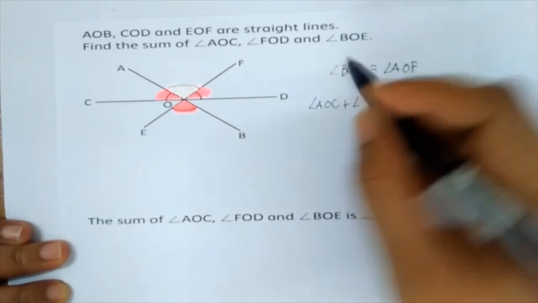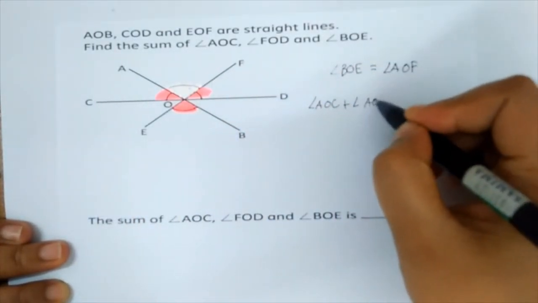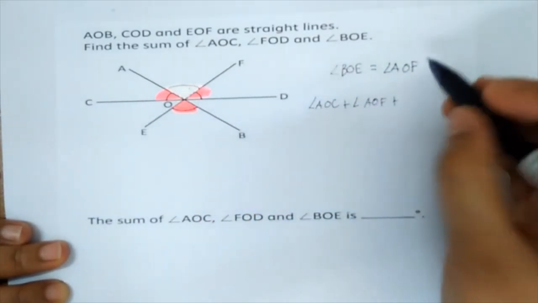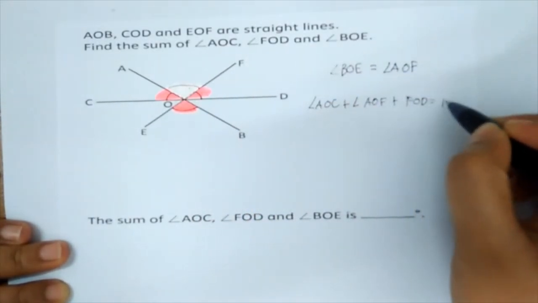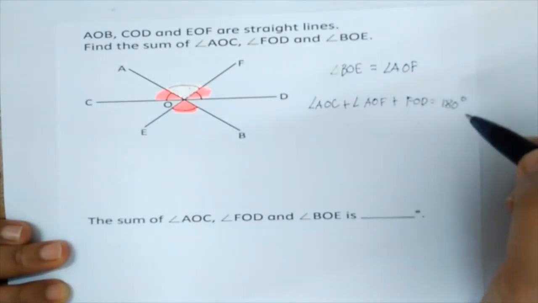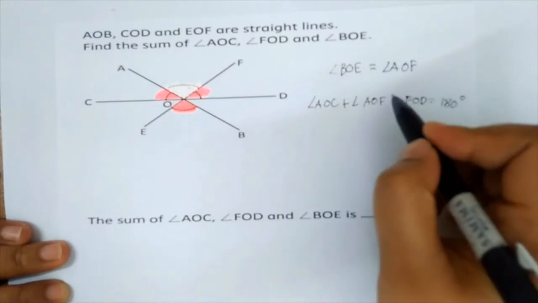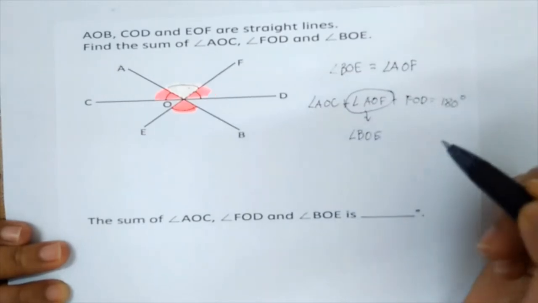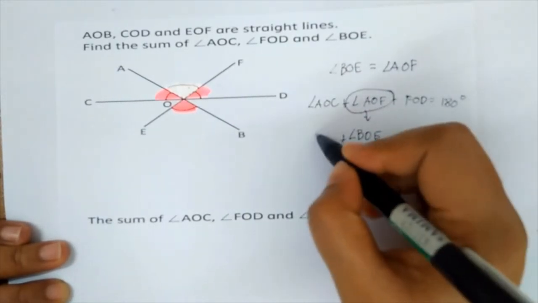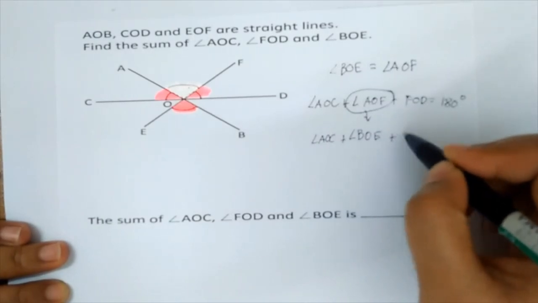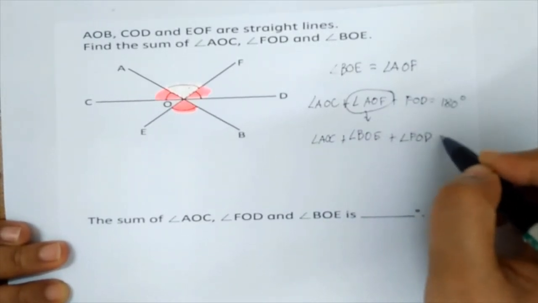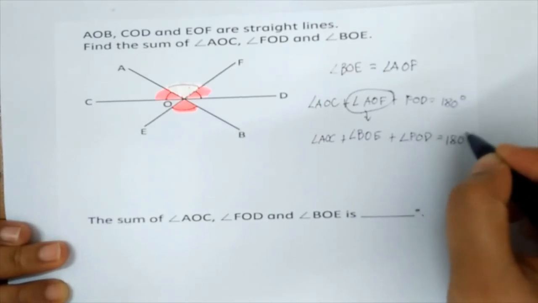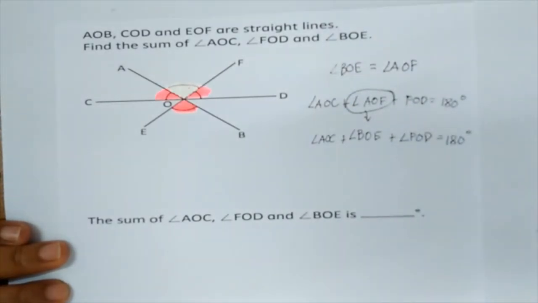So angle AOC plus angle AOF plus FOD is equal to 180 degrees. And angle AOF, this angle, we can write it down also as angle BOE because they are vertically opposite angles. Just copy the other angles. So therefore, they are equal to 180 degrees. So the sum of angle AOC, FOD, and BOE is equal to, very good,